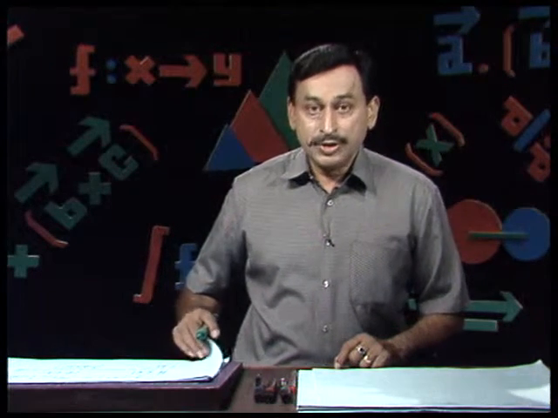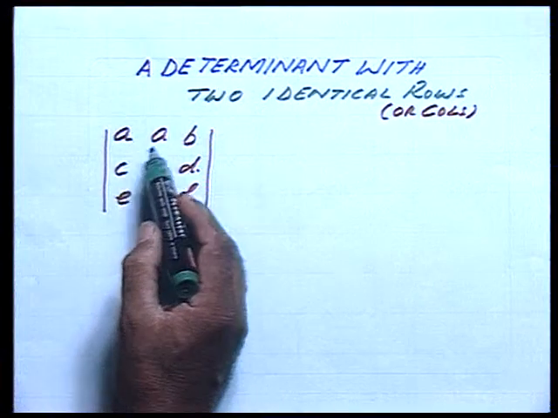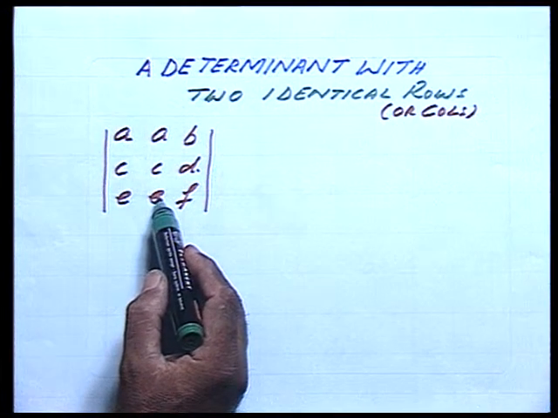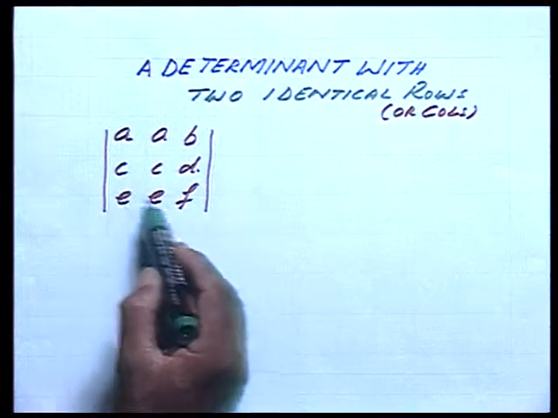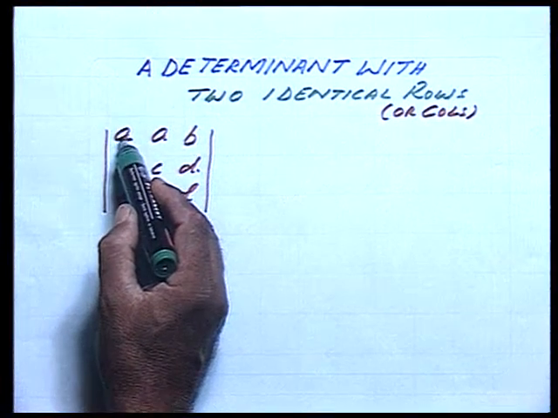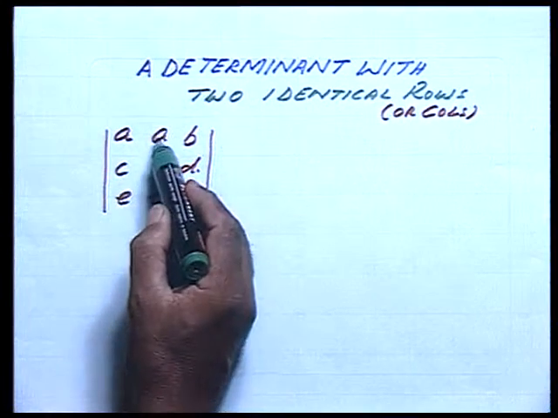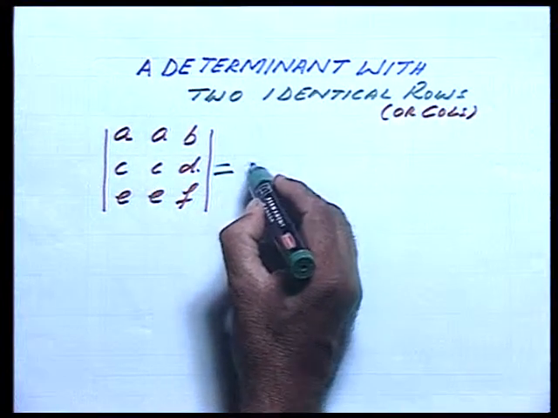Well, this takes us on to the next property, that is when we have a determinant of a special kind. And what is that? We may have a determinant which has got identical rows, two identical rows or two identical columns. I have taken columns here and with the rows we can experiment. But let us first look at this particular determinant which has got the first column and the second column identical. If I expand this determinant, I will be getting